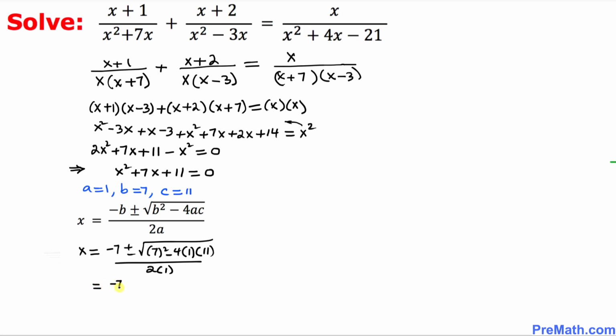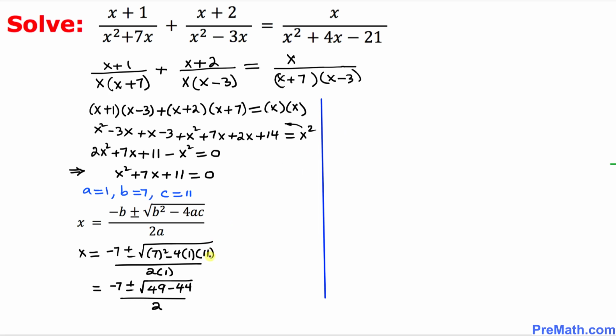So negative 7 plus or minus the square root of 49 minus 44, divided by 2. Now let's move on to the right hand side, as we are running out of space on the left hand side. That is going to give us x equals negative 7 plus or minus the square root of 5